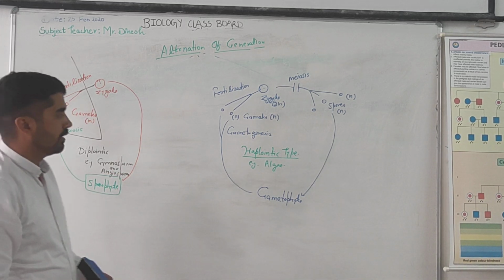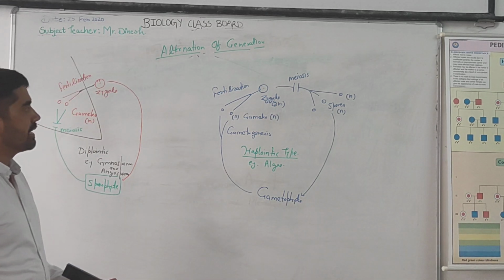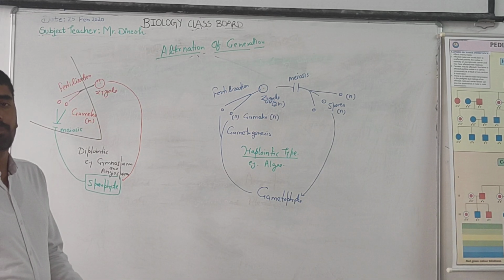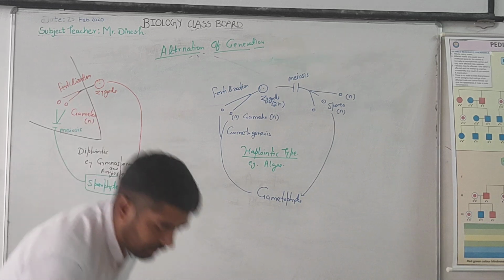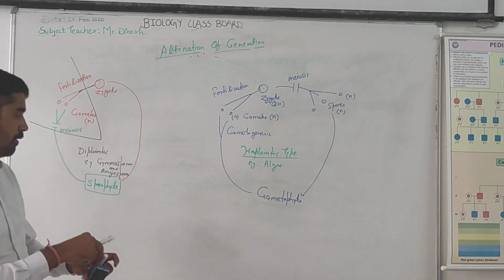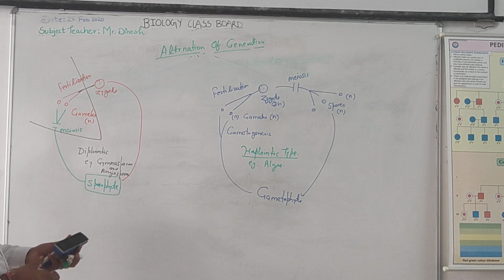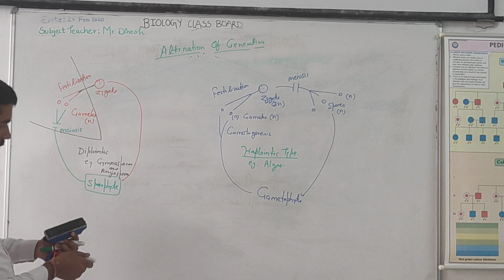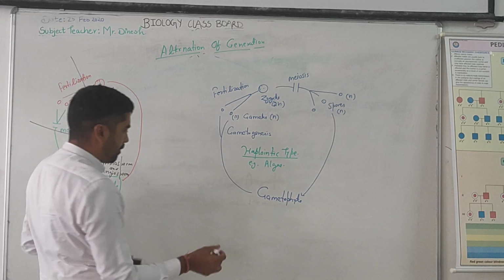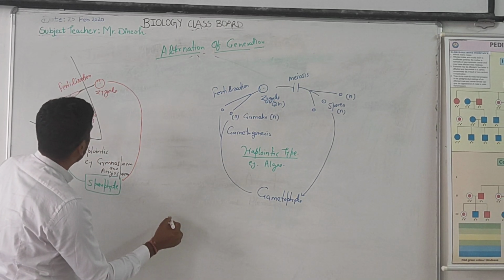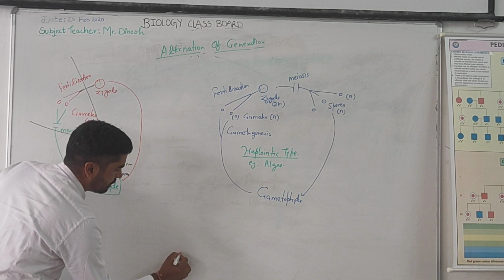Now, the third type of life cycle is the haplodiplontic type of life cycle. Now come to the haplodiplontic type of life cycle. I will try to make a diagram here. In the haplodiplontic type of life cycle, we will have a gametophyte,